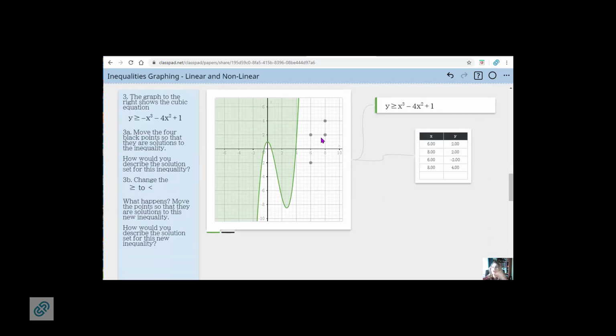Then we move into a cubic, which again, you can change. Where are my solutions? Basically all of this activity is helping them understand what an inequality does. If it's got the equal sign, solutions can lie on the actual curve of the inequality graph. Solutions are in the shaded region and not in the other shaded region. How do you describe the solutions of this? Because there's obviously a lot more than one.